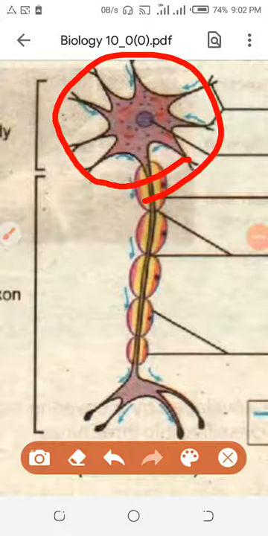This neuron, look at nature, how it changes the shape and structure of the cell. If this cell has to perform the function of transferring the message, what is the name of the message which is transmitted through the neuron? The message name is nerve impulse. So if the nerve impulse is to be transported by the neuron, then the cell length should be large. Lengthwise it should be large.